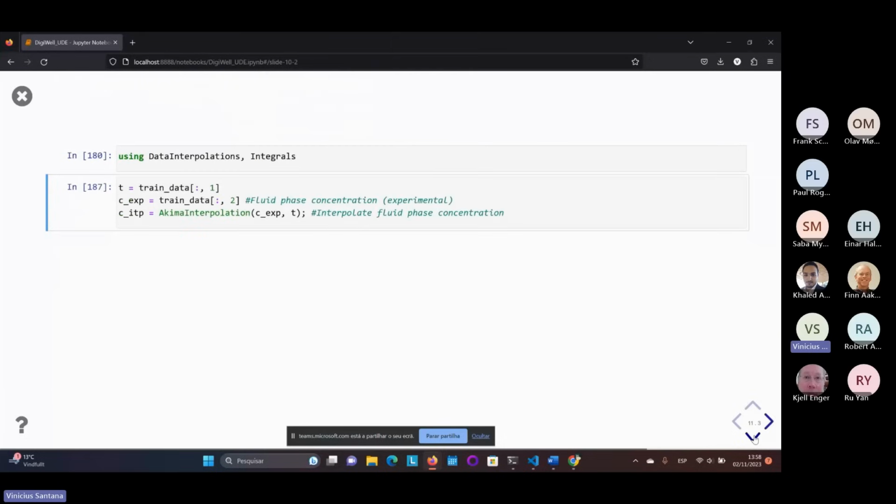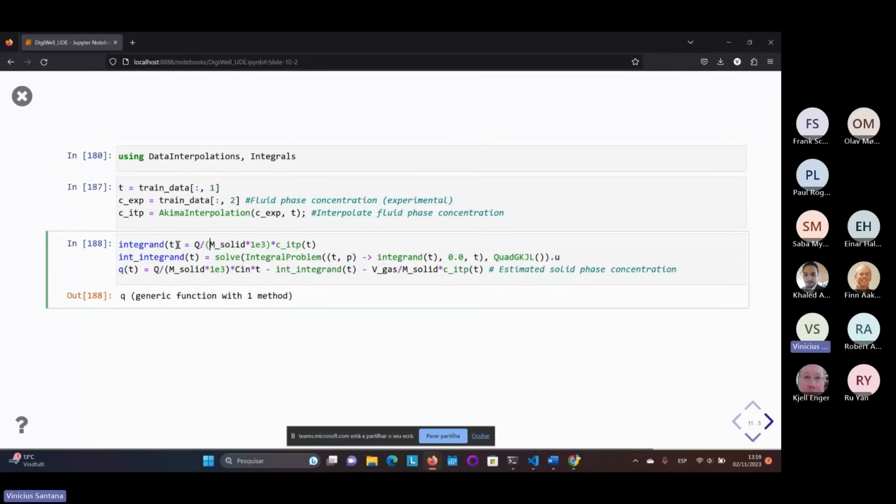Here I brought some code to do the implementation. First of all, I imported the DataInterpolations library because I have observations scattered in time, and I need a continuous function to be able to integrate. I can also use the Integrals.jl library. So I'm using the Akima interpolation for my observed fluid phase concentration. And then I can also set up the integral problem, the integral I have to calculate inside all these terms in the expression. So how do I numerically solve integrals in Julia? I just have to build my integrand, and my integrand has to be a continuous function. That's why I interpolated my signal.